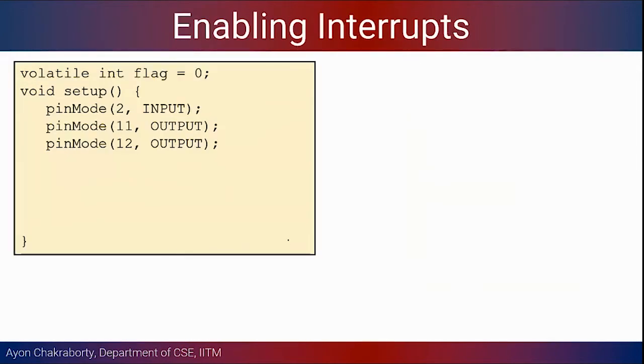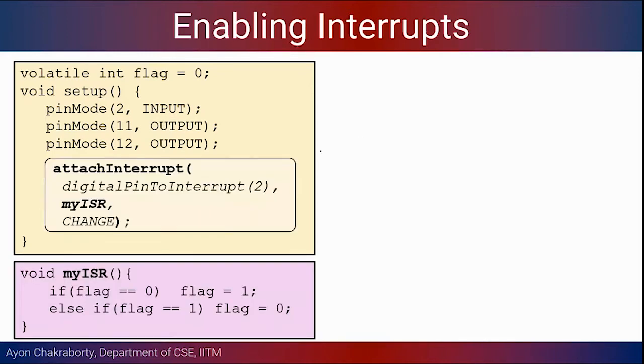So how to do it? There is a specific grammar for doing this, and the way it is done is something called attachInterrupt, which tells the system in the very beginning to expect interrupts that will come through pin number 2. This is just the nomenclature we follow in Arduino.